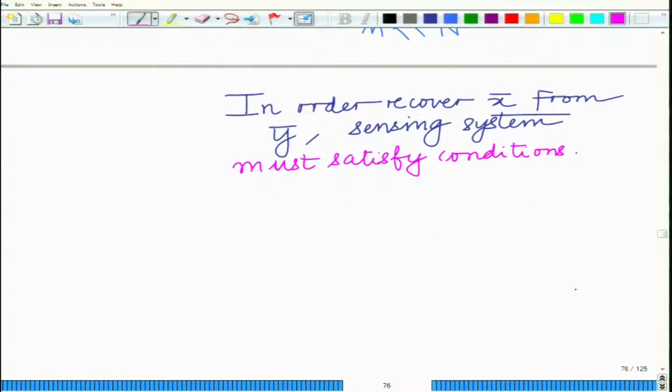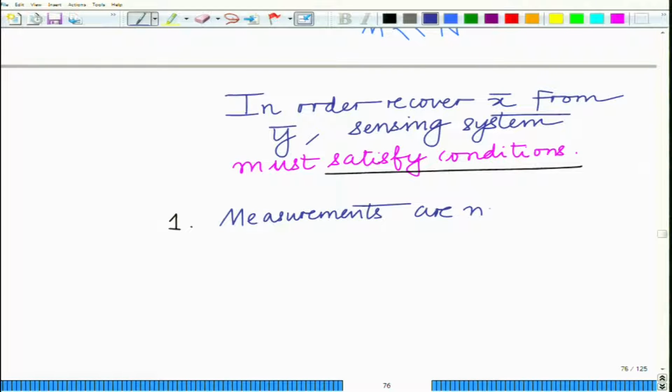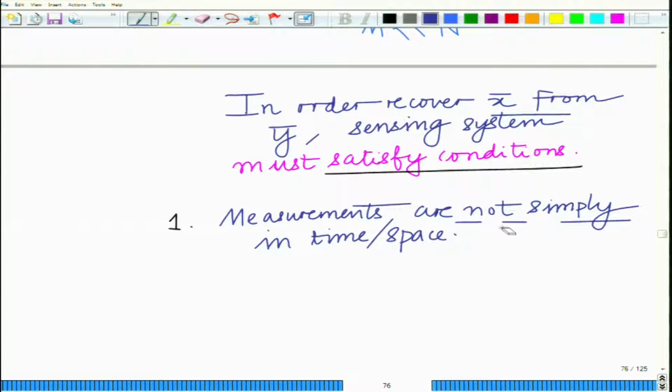For instance, let us look at the first condition. The first condition states that measurements are not simply in time or space, okay. These are not simply in time or space, rather